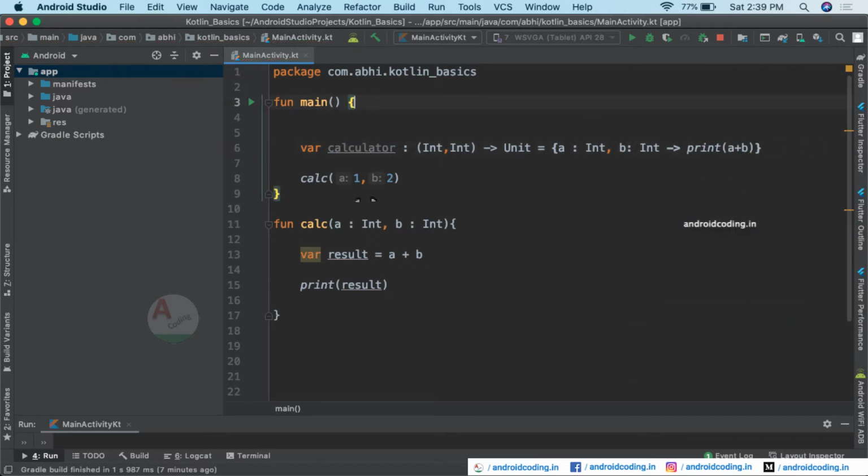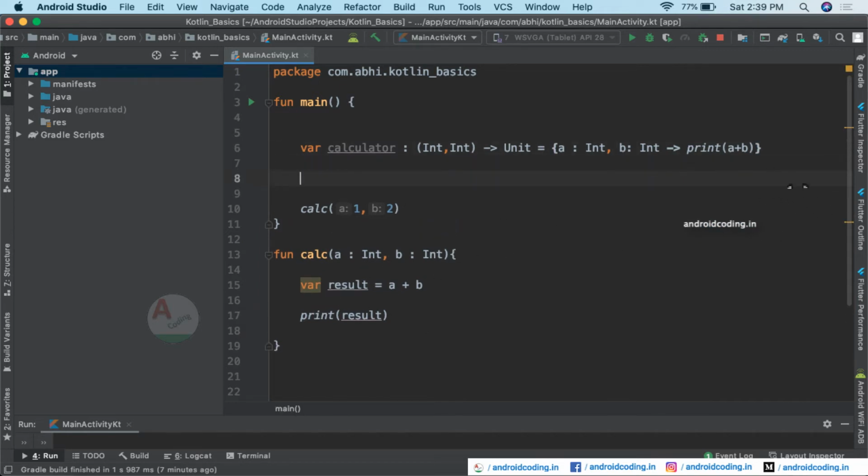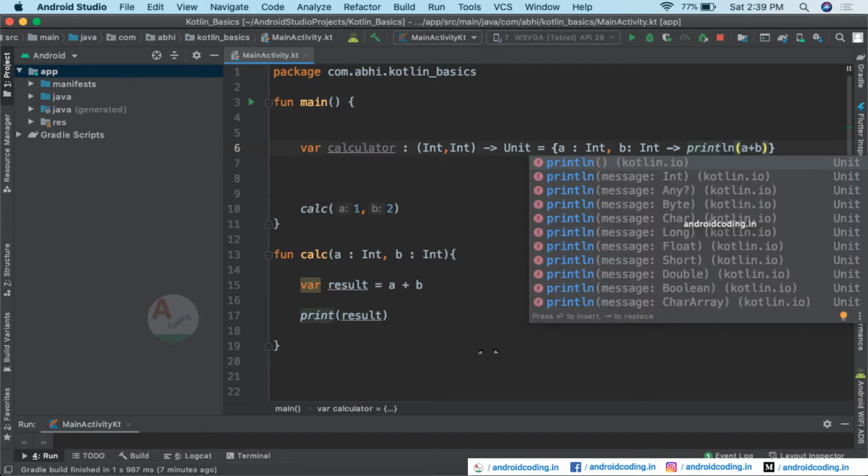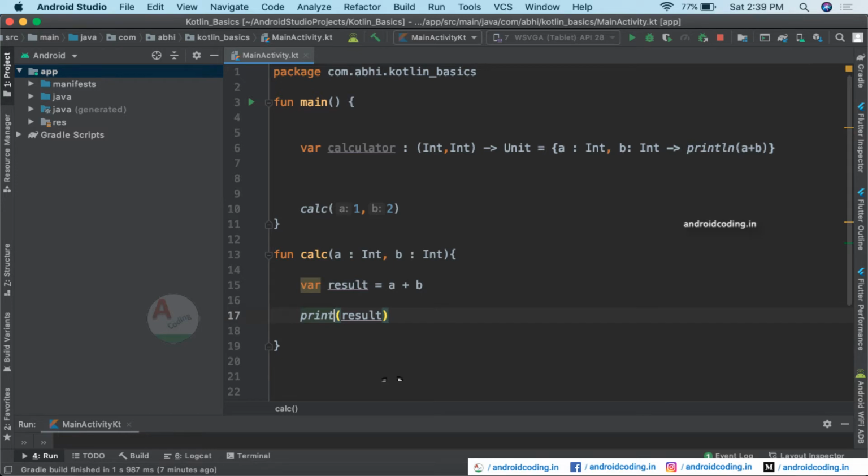Here we go, our lambda expression based function, which is similar to the normal function we declared earlier. Now let us also add ln here, because otherwise the results will be printed on the same line instead of separately.